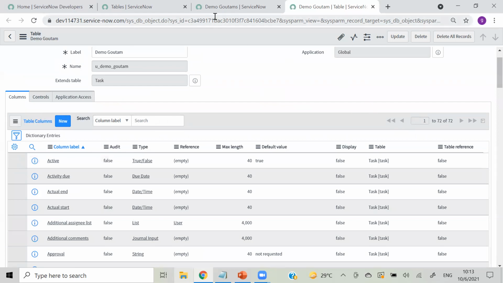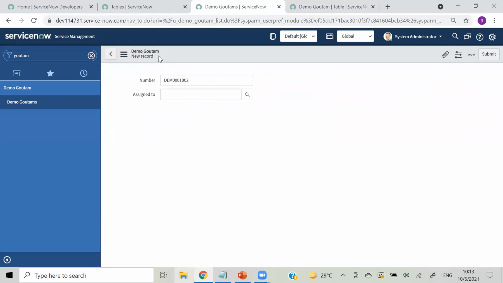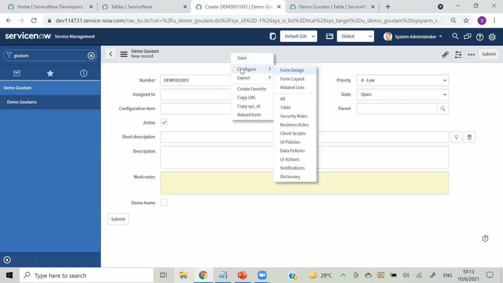Okay. So I want to add that Gautam demo field on the form. So you can see that is here. Okay. True or false. So that is one option. You can create a field from the table, or the second option is on this gray one at the top, click left on the mouse, you will have configure, and from configure go to your form layout.